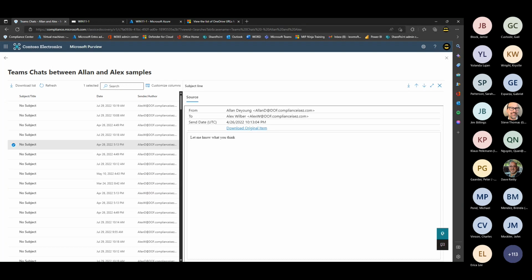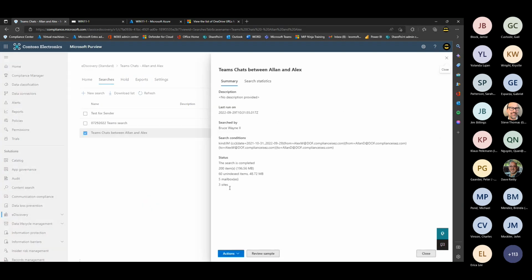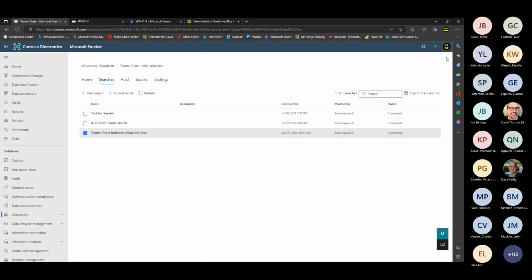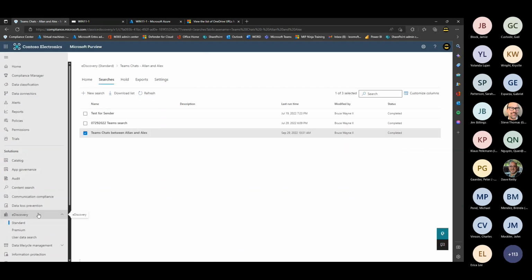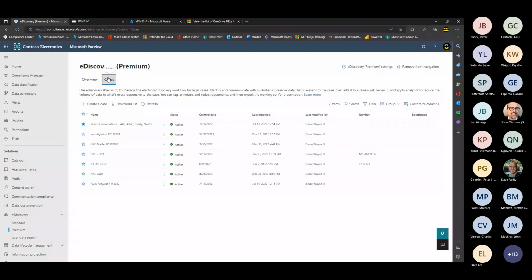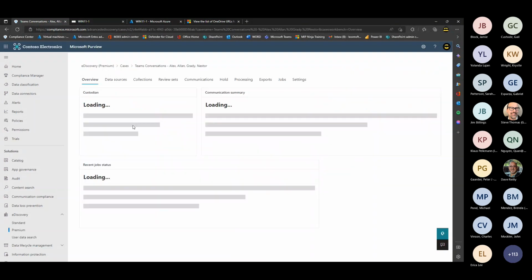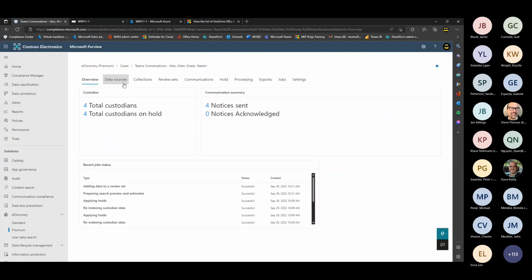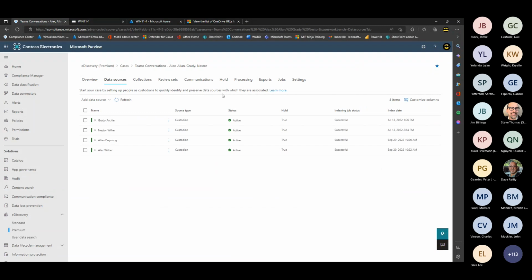Now, let's hop over to the eDiscovery Premium solution to see how this process is streamlined. All right, click on eDiscovery Premium. And again, I already have a case with a collection that I've previously created. I go into this case, and we're going to go to the Data Sources tab. Now, in eDiscovery Premium,